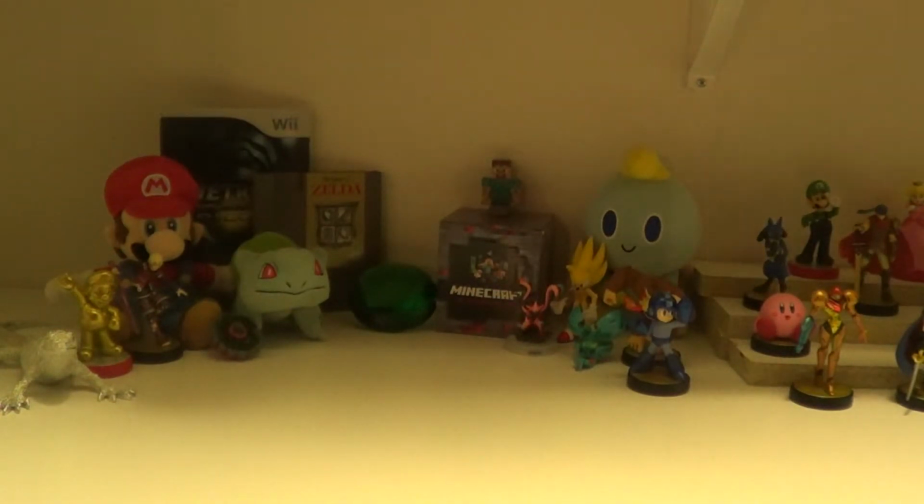You could see we have 4 amiibo: Mega Man, Donkey Kong, Golden Mario, and Shulk. We have 3 stuffed animals: Chao, Mario, and Bulbasaur. We have 2 games: Metroid Prime Trilogy, the Steelbook case version, and The Legend of Zelda. And then we have a couple extra little things, such as a Minecraft Redstone box with a Steve figure on top of it. We have a Poison Serpent Beyblade, a Beast Striker for Bakugan, Supersonic figure,